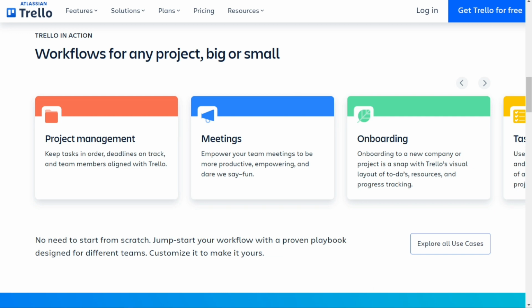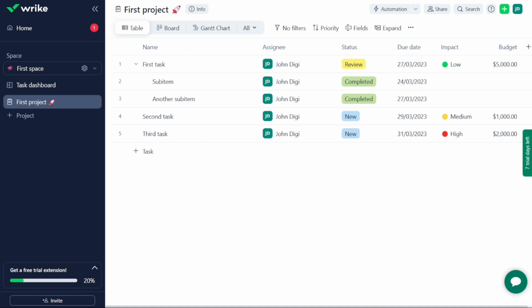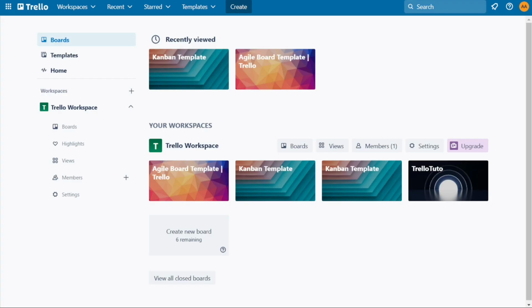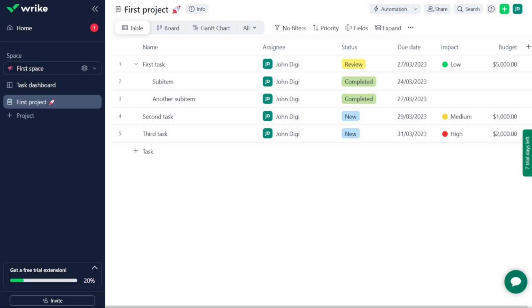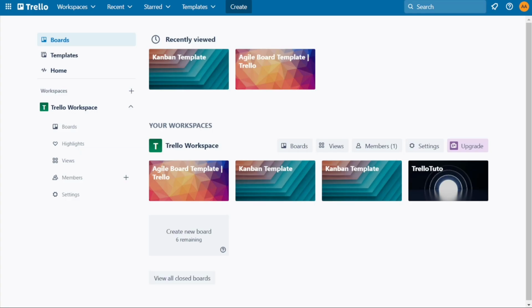So let's find out which is better for you. For the project planning, a lot of projects fail due to the lack of clear objectives, and that's where project planning comes in handy. With the right platform and features, you can easily set your goals, create a budget, and schedule your tasks accordingly. So when it comes to project planning, both Wrike and Trello offer excellent options, depending on